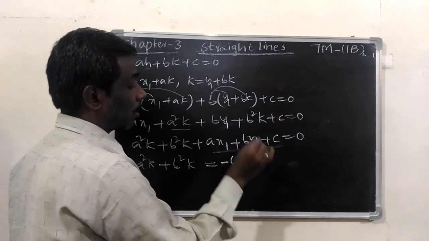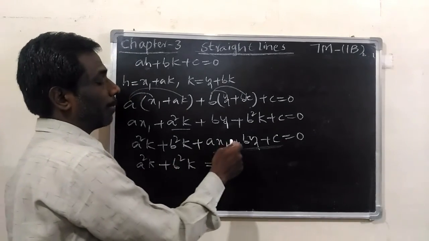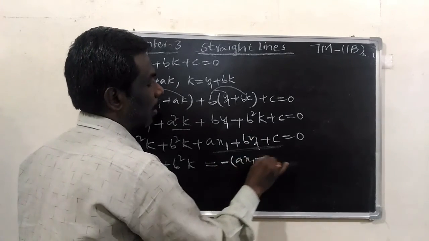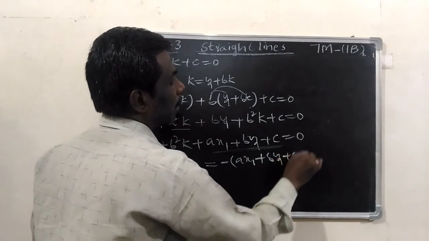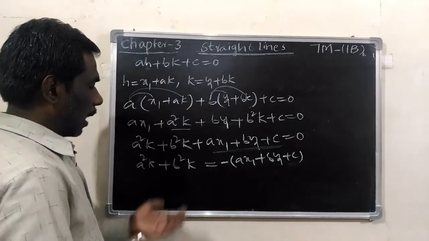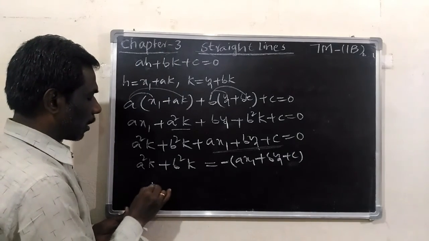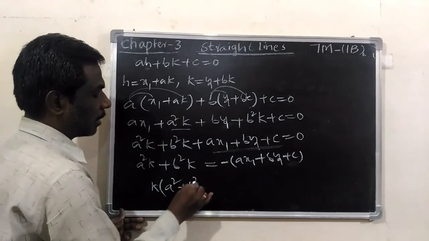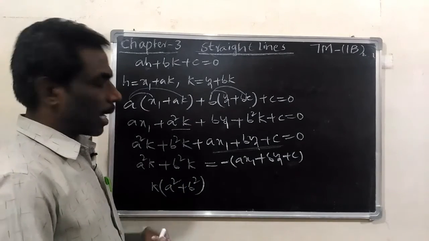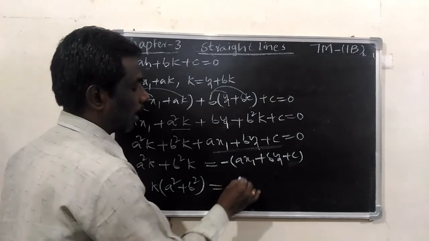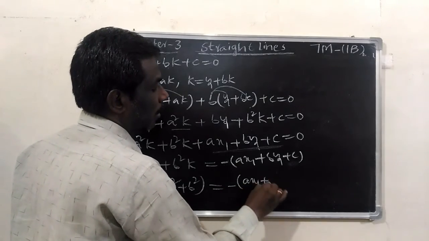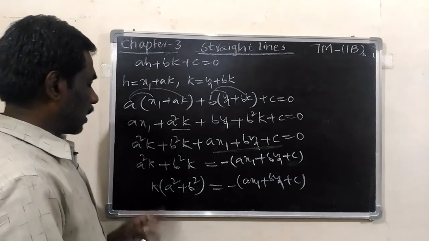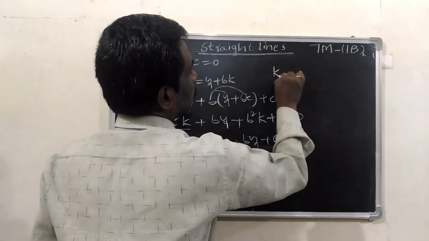That becomes minus of, because it is having a plus symbol, plus symbol, plus symbol, that is minus of ax1 plus by1 plus c. And from this LHS take k common. Then a square plus b square will remain in the bracket, equal to minus of ax1 plus by1 plus c. Then we can write now this k is equal to